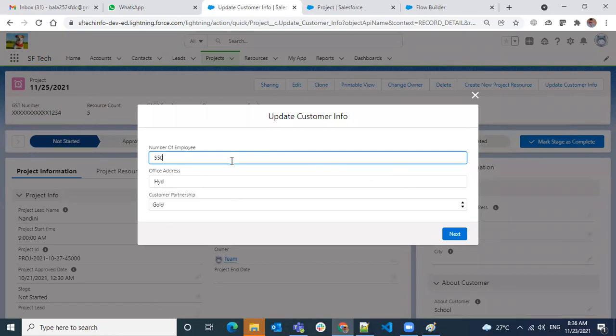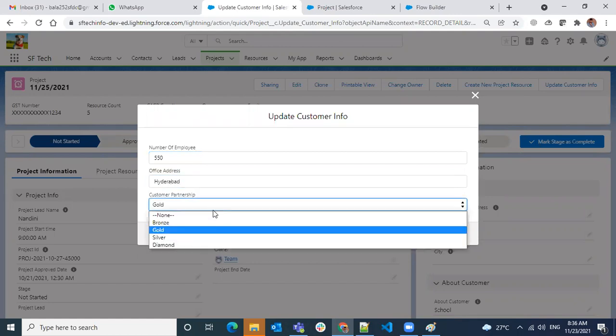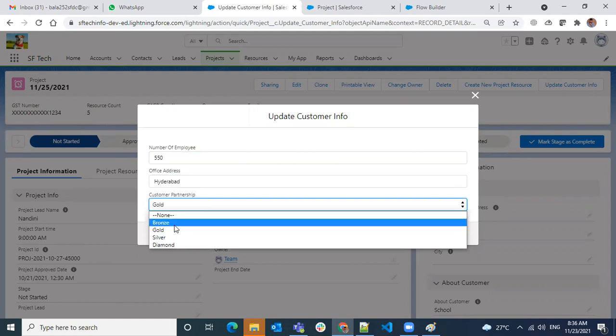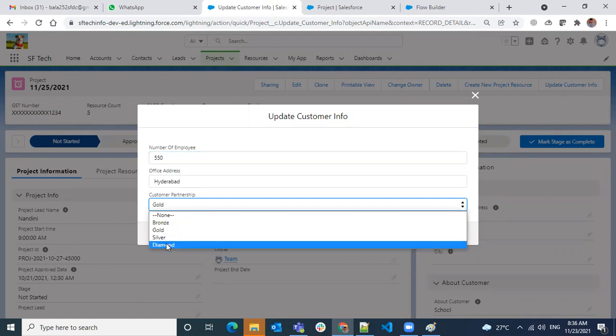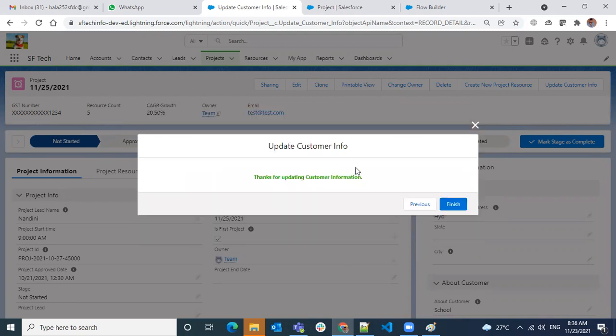So I want to update this value to 550. I want to give the full name here, Hyderabad. Actually, it is bronze, gold, and silver only, but I added diamond also. But it will not restrict me. Why? Because it's a restricted field, and diamond is not supposed to be allowed.